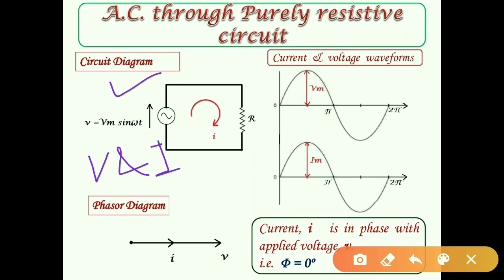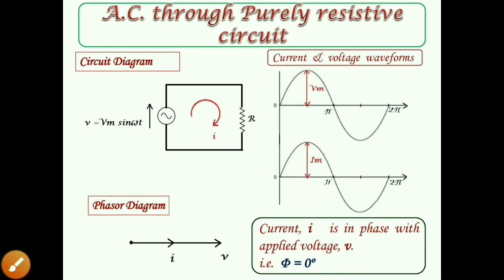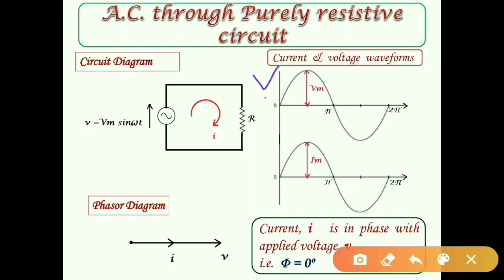What is the meaning of the same phase? Here we have a graphical representation of the voltage and current. This is the waveform of voltage and this is the waveform of current. See, in voltage it starts from 0, having a peak value at 90 degrees, then 0 crossing at 180, then another peak value at 270 and completes the cycle at 360. In the same way,